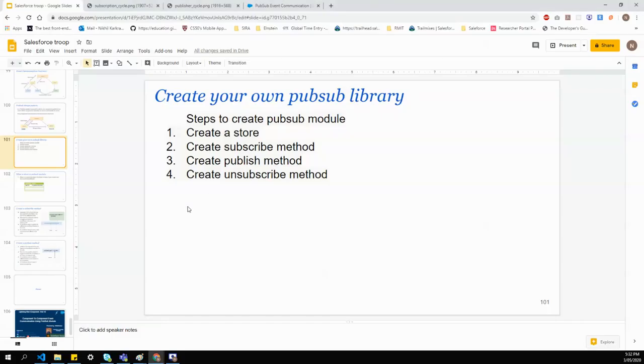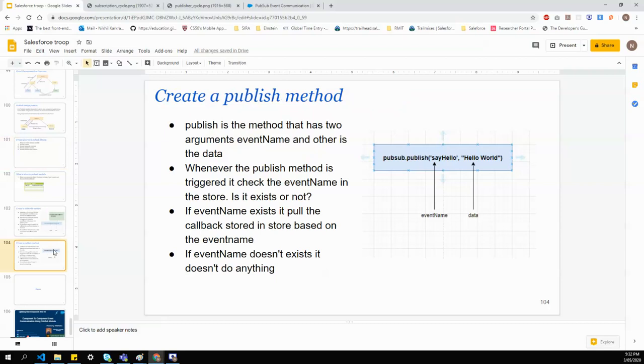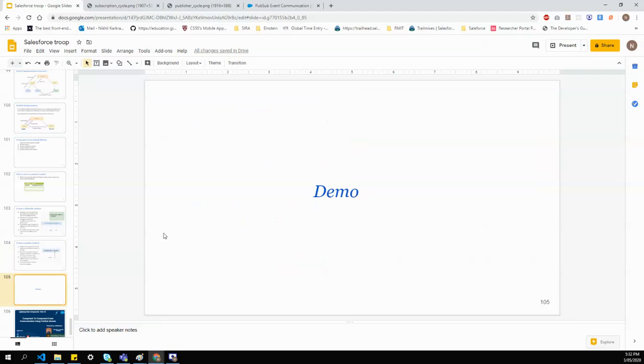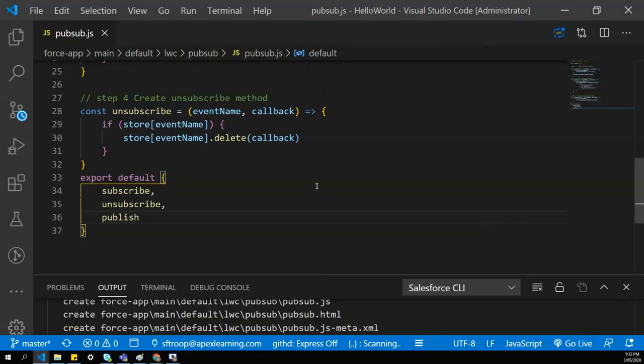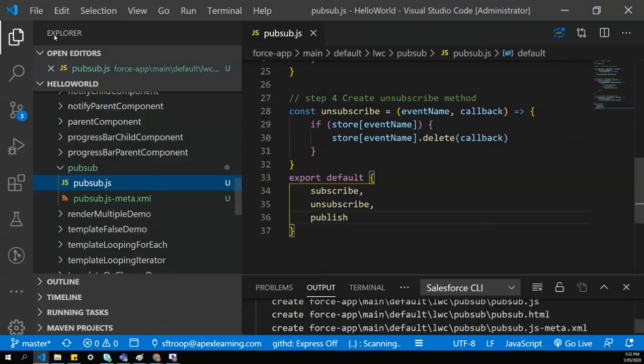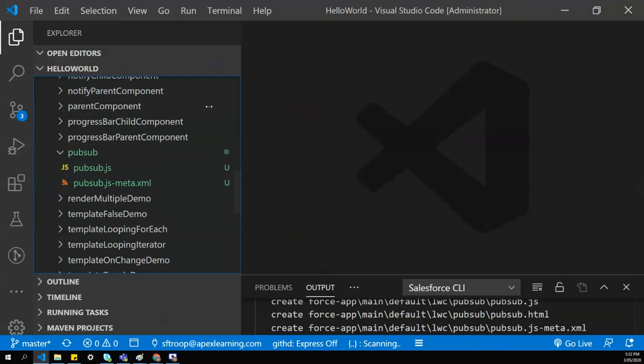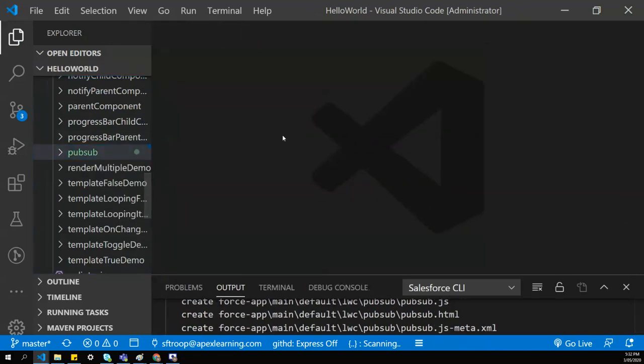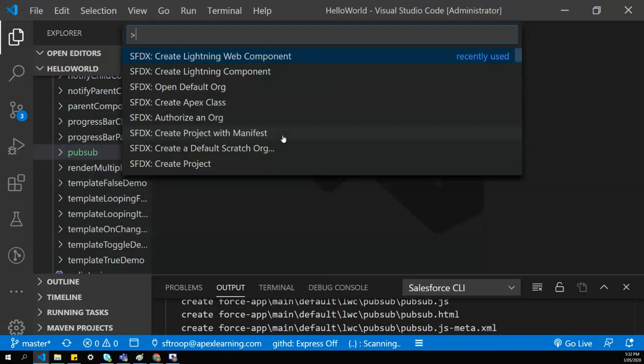So we are good with our pubsub.js library. Let's go back to our slides. We are done with the pubsub library. Next is the demo, how we are going to use this library in our project. So let's go and create three components.